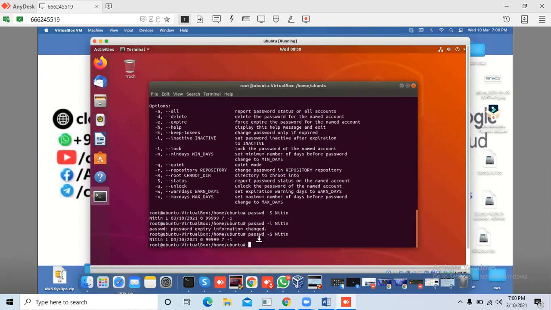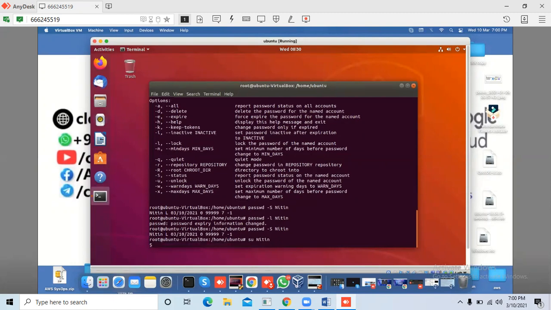Hit enter. Okay, password expiry changed, and let's log in with Nitin. su Nitin. I am able to log in because right now I am a super user.